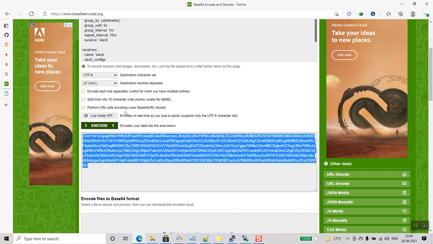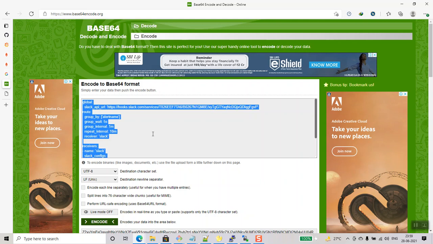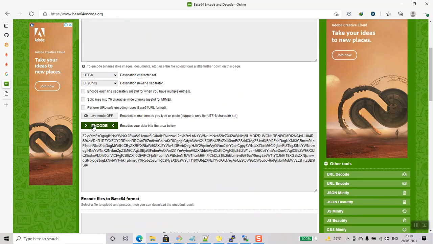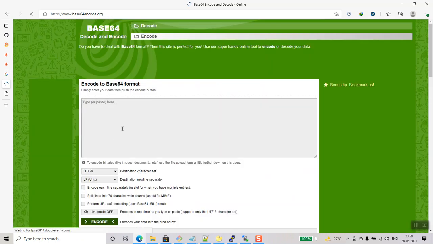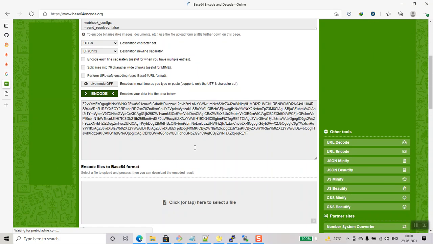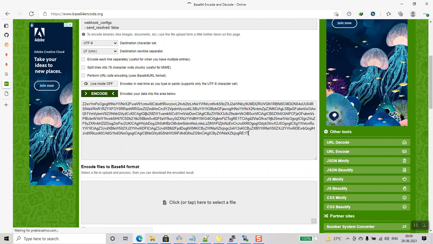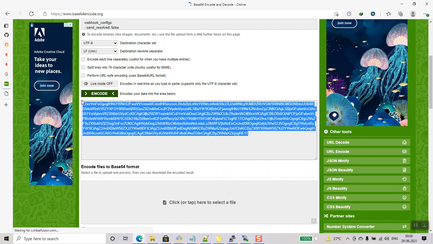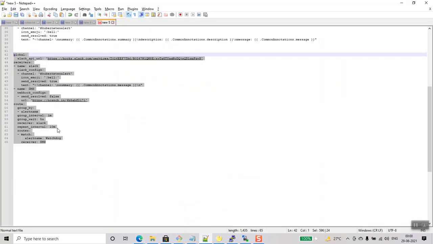So I'm going to encode it first of all. I'm going to paste it and encode it. So this is the encoded string I'm getting. It's a base64 encoded string. So let's quickly verify one more time. Here is the Slack API URL. The channel name would be Slack. Send resolved true. Name would be DMS. Name will be, yeah,